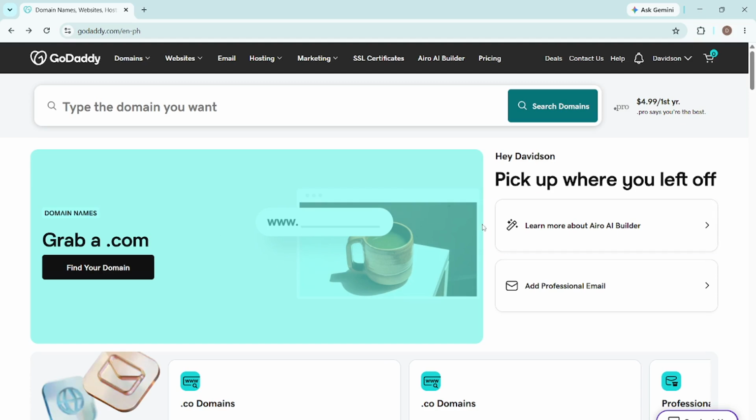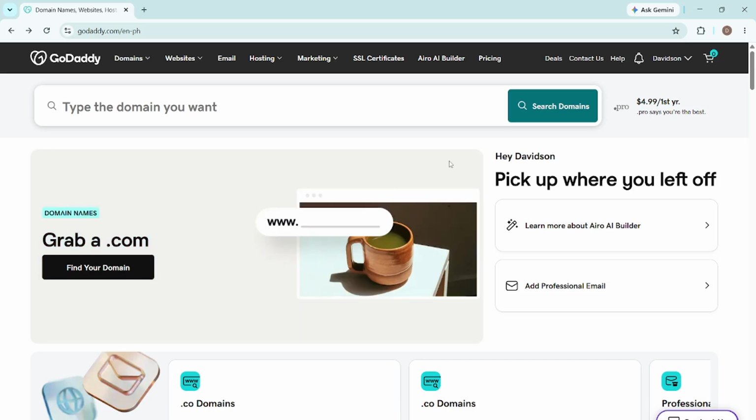In today's video, I am going to teach you how to give access to domain GoDaddy. If you manage more than one website or you need someone else to help with domain settings, delegating access can save you a lot of time. In this guide, you will learn how to invite another person to access your account in GoDaddy using the Delegate